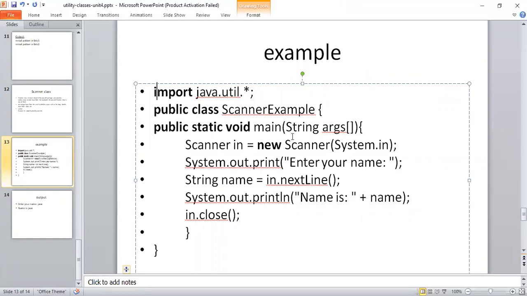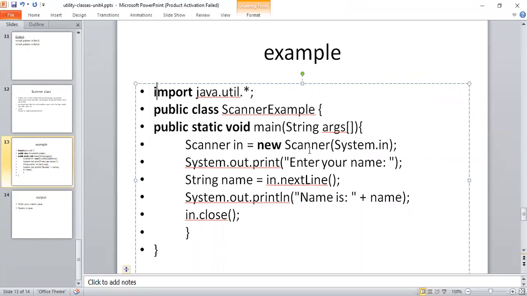Public static void main String args, Scanner in is equal to new Scanner of System.in. So this scanner object is getting data from the keyboard. Then System.out.print enter your name. Here I'm asking to enter your name, and this statement is displayed on the screen.